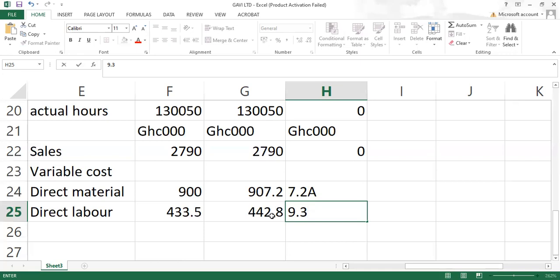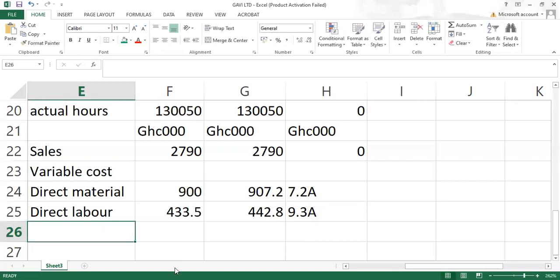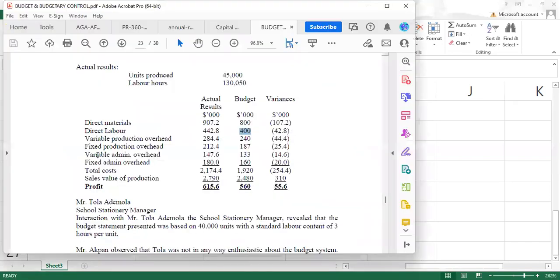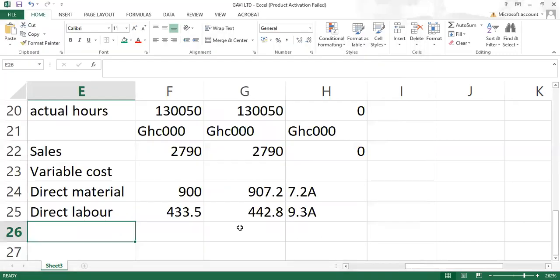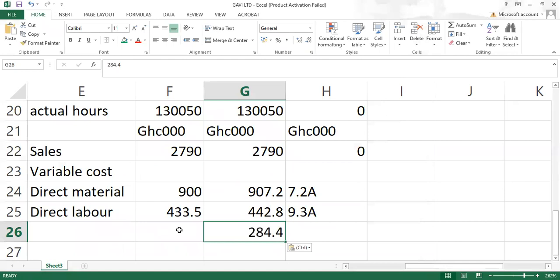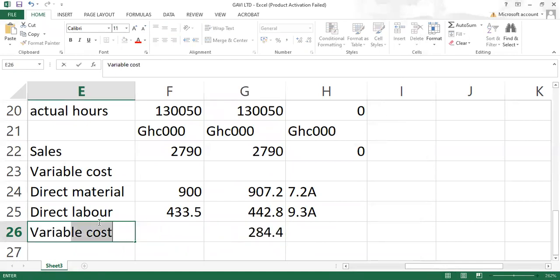So is that going against us or is it going in our favor? It's going against us. So that will be adverse, isn't it? Yes. Okay. The next item is what? Variable production overhead. Then you just take the actual and put it under the actual. So the actual is this one. Okay. Variable production overheads